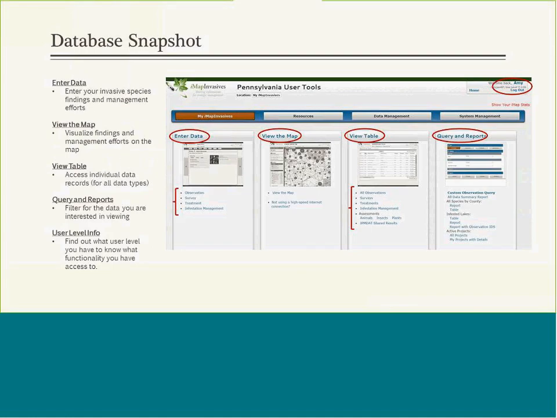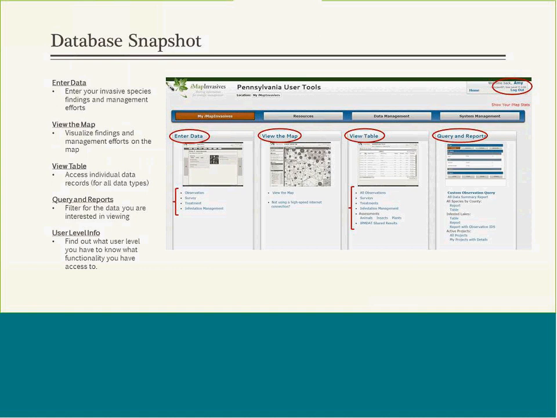So this is a screen that you will see when you log in to iMap for the first time. And again, after today's training, your user level is going to bump up. So what you might be used to seeing now is going to increase because there's going to be additional options that will appear, and that's based on you attending today's training and getting a better understanding of how the database